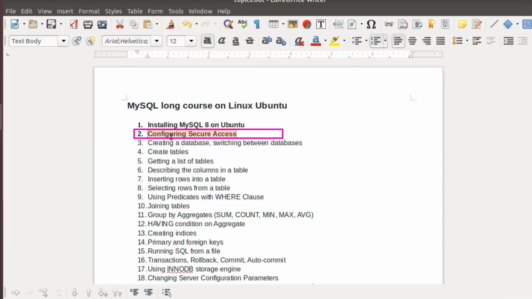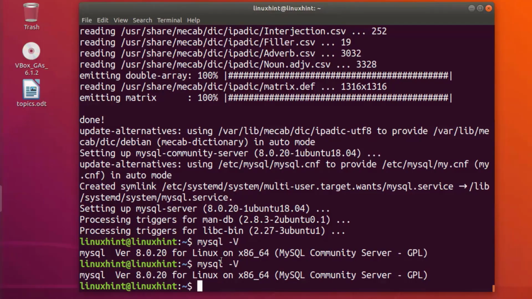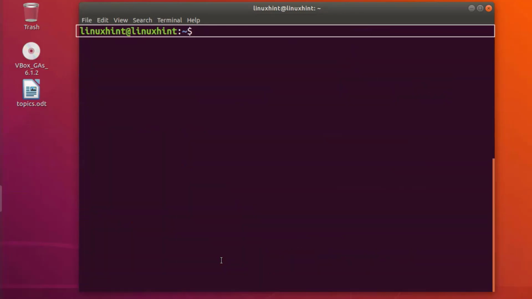By default, MySQL lacks many basic and important security features, but it comes with an installation script that walks you through the configuration. To install the MySQL security script and configure secure access, let me just clear the terminal, and now write on your terminal